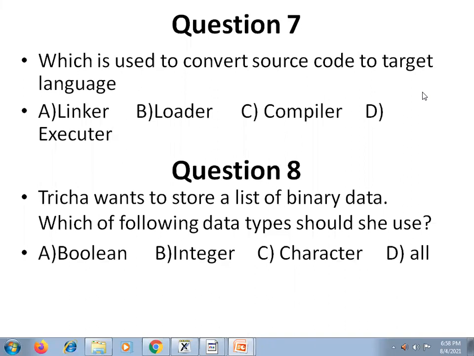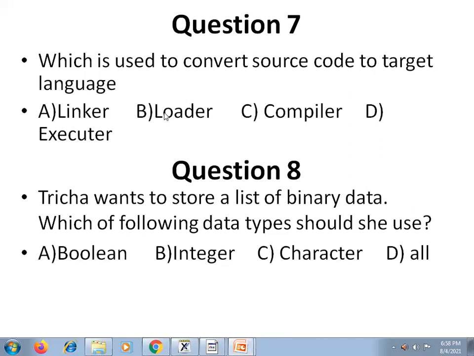Kavya, Uday Bhaskar. Question number 7, compiler. Right, C is the correct answer. Compiler is the correct answer.